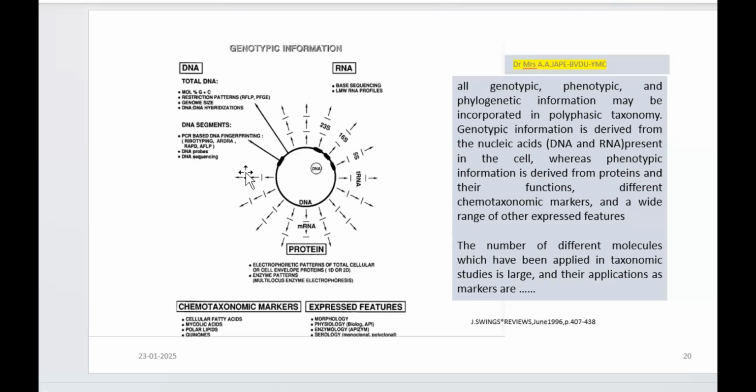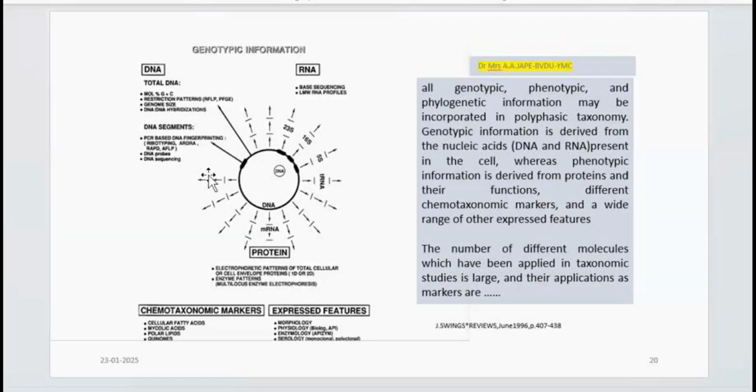When it comes to RNA based methods, you may go for RNA sequencing and RNA profiling, right? So depending upon what amount of a particular RNA is expressed in a given bacteria under given environmental parameters, that also can help you find out the taxonomic position of the organism in a given niche. So that would come under the metagenomics part. So functionality is the parameter over here in addition to sequence.